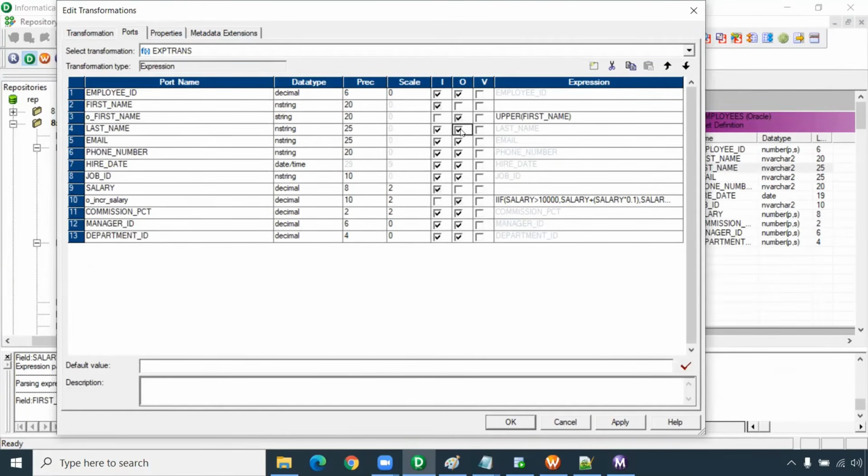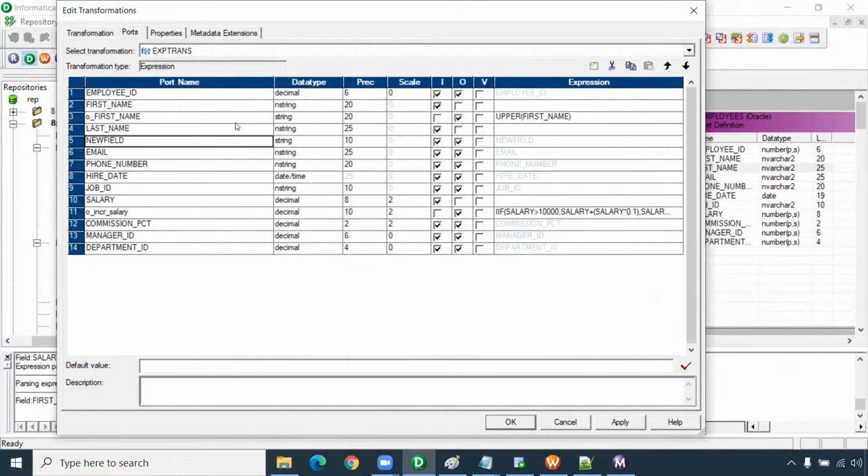What is the last name? For last name you have to add employee ID underscore last name. So how can I do it? I'm just making O underscore last name. It's nothing but an output port, O underscore last name, and for string here I'm going with 25 characters. Since I'm adding employee ID underscore, I'll go for 30 characters. Is it possible? Yes, it is possible. Only 25 characters are coming as input, but after the next transformation it should accommodate 30 characters.